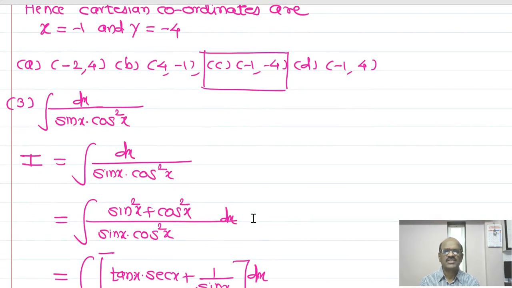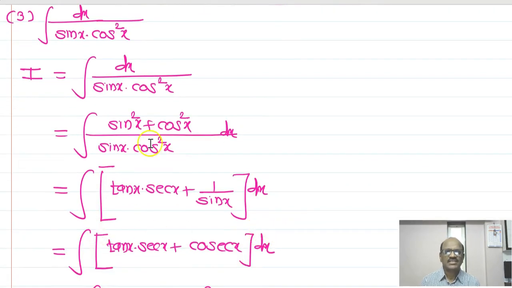Now my next question: the integral of dx upon sin x into cos square x. Again, to solve this type of integral is very simple. That is, dx means 1 dx. And 1 means what? Sin square x plus cos square x upon sin x into cos square x, and we split it up here: sin square x divided by sin x dot cos square x, and after the cancellations you will get tan x